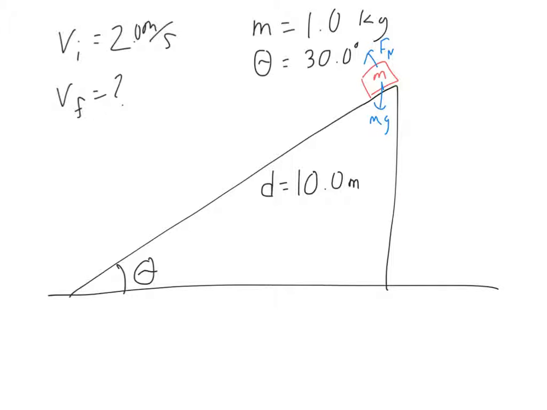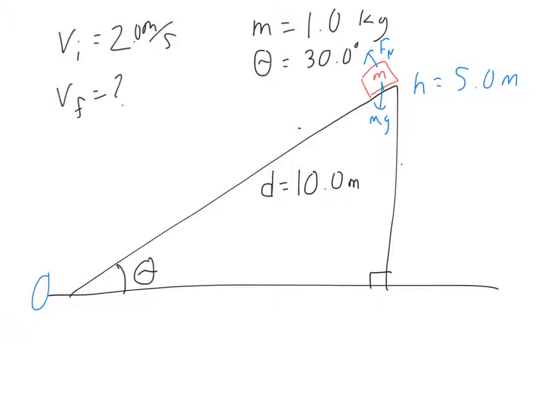On the other hand, we could use energy conservation. So, let's say that the bottom of this slope here is height 0. And so we start at height h, our high point. How high up is that? Well, since we do have a right triangle right here, and we know the angle, we could find that height. I know sine of 30 degrees is a half. Sine of the angle should be opposite over hypotenuse. So I can use that and figure out that this thing is up at a height of 5 meters.